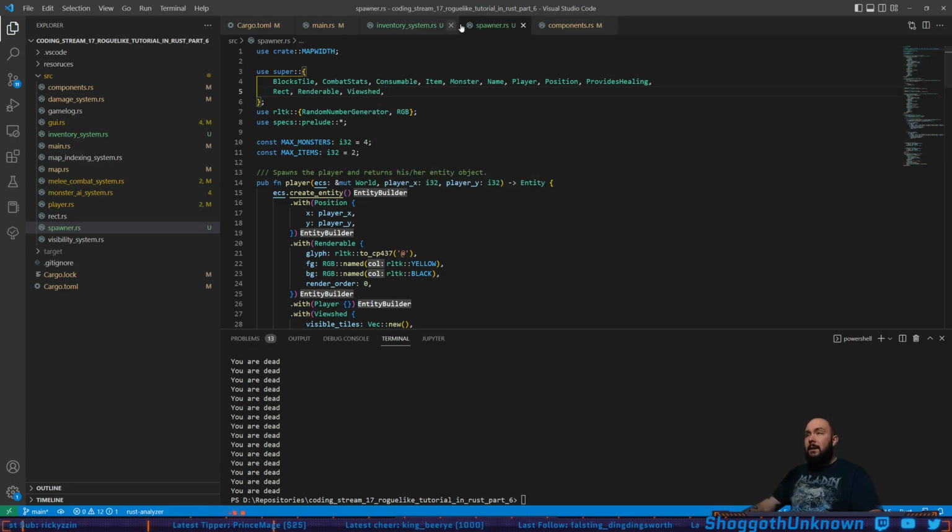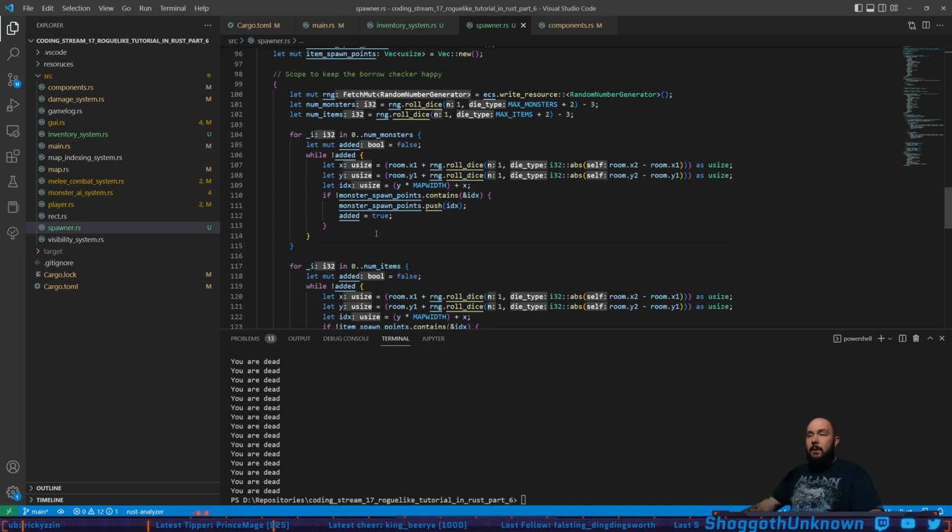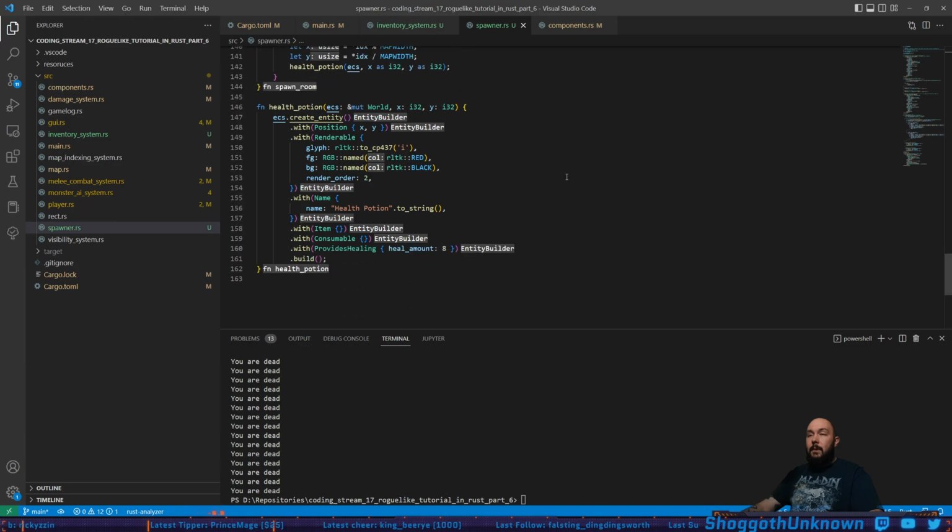So we'll pull that in, and yeah, so we're describing where it is. Hold on. We're describing where it is, what it looks like, its name, denoting that it is an item, it's consumed on use, provides 8 points of healing. It's nice and descriptive, and future items can mix and match. As we add components, the item system will become more and more flexible. There we are. So I like what we have,